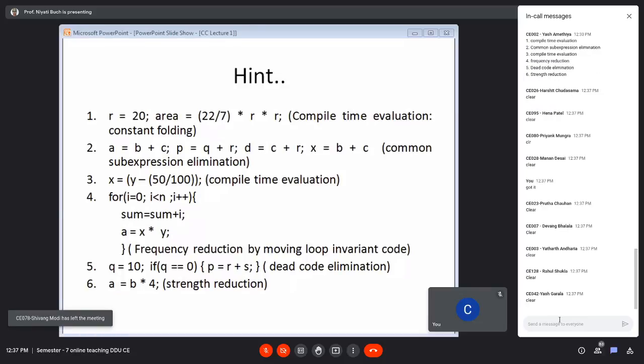So this is not at all difficult, very easy. You just have to know the names of the transformations and you should be able to correctly identify them from the given code segment. Very scoring as far as examination is concerned. And if you pay sufficient attention during these online sessions, you will not even need to revise this. Everybody will now remember the 5 transformations that we are going to keep as part of our course for now, so you should be able to identify them very easily.